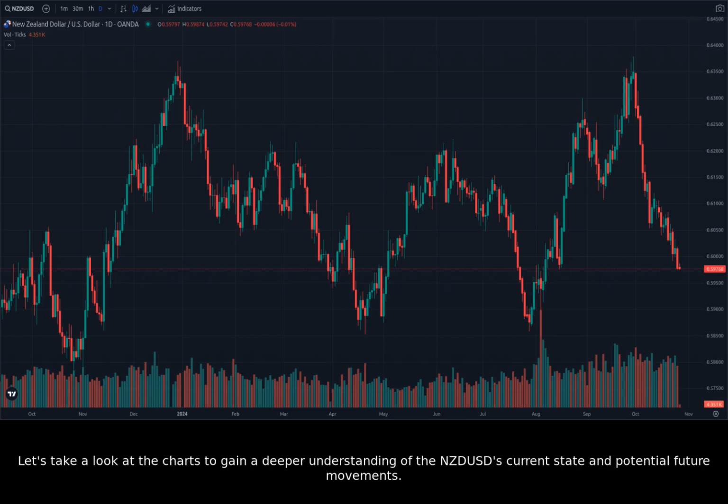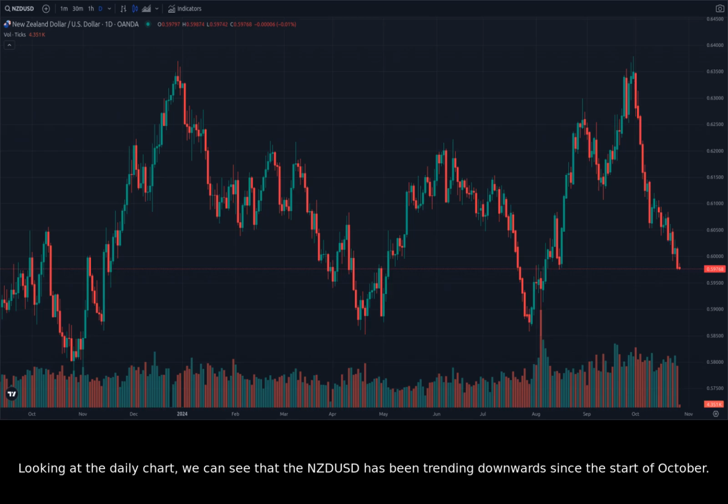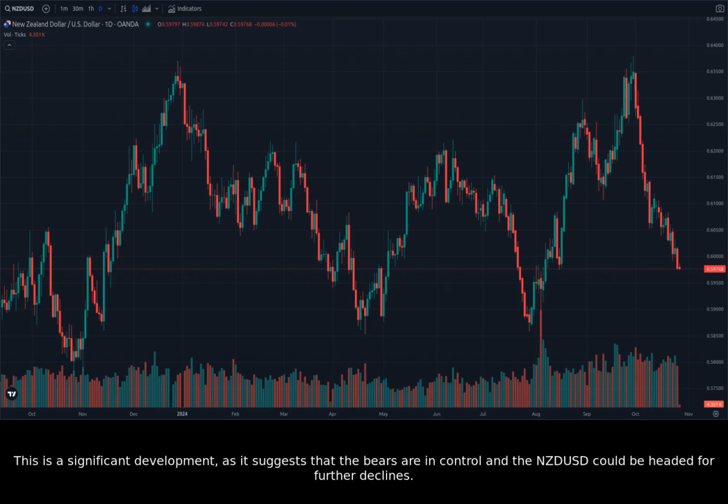Let's take a look at the charts to gain a deeper understanding of the NZDUSD's current state and potential future movements. Looking at the daily chart, we can see that the NZDUSD has been trending downwards since the start of October. The pair broke through the 0.6000 support level, which previously acted as a key level of resistance. This is a significant development, as it suggests that the bears are in control and the NZDUSD could be headed